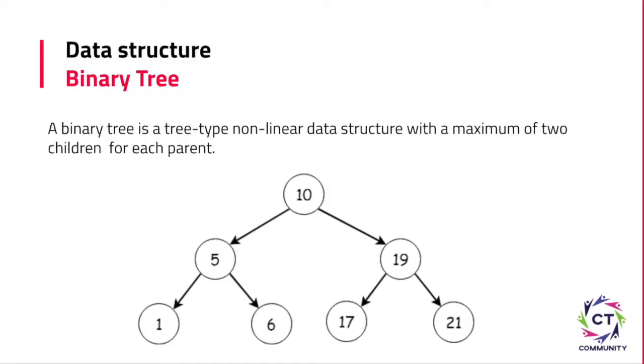Alright, so what is a binary tree in data structure? A binary tree is a tree type of nonlinear data structure with a maximum of 2 children of each parent. Every node in a binary tree has left and right references along with the data element. The node at the top of the hierarchy tree is called the root node, and the nodes that hold other sub nodes are the parent nodes. So let's do the visualization in order to get a better understanding.